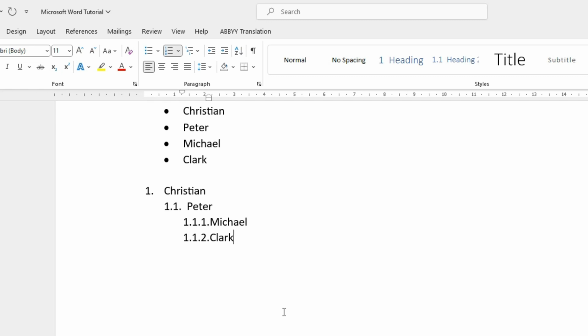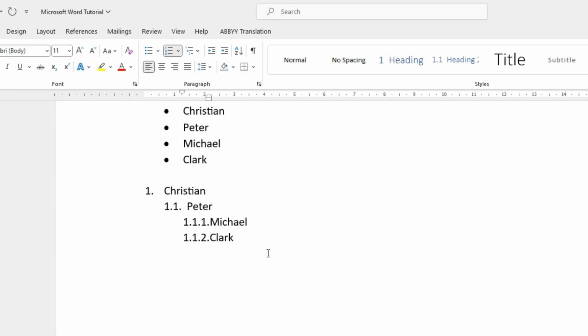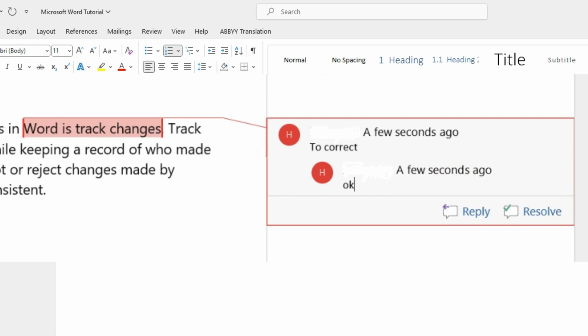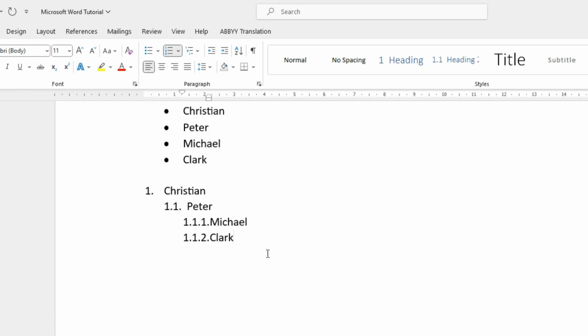Perfect! By using tables and lists effectively, you can organize your information in a clear and structured manner, making it easier for your audience to understand and follow. In the next lesson, we'll explore collaboration and reviewing tools in Word, which allow multiple users to work on the same document simultaneously and provide feedback and suggestions. Whether you are working on a team project or seeking input from colleagues, these tools will help streamline your workflow